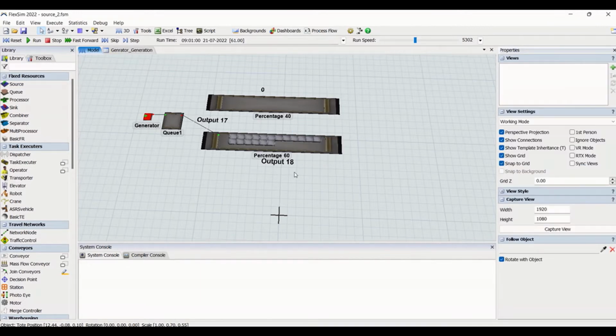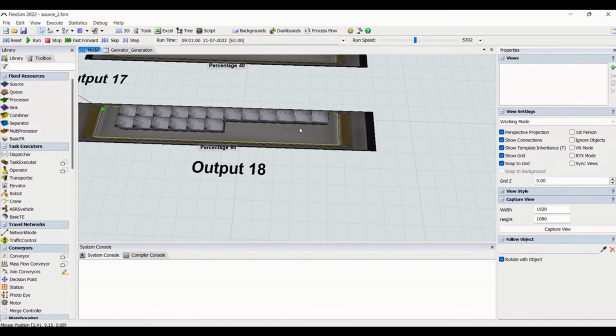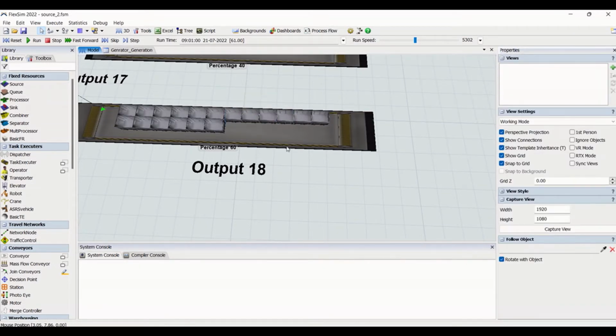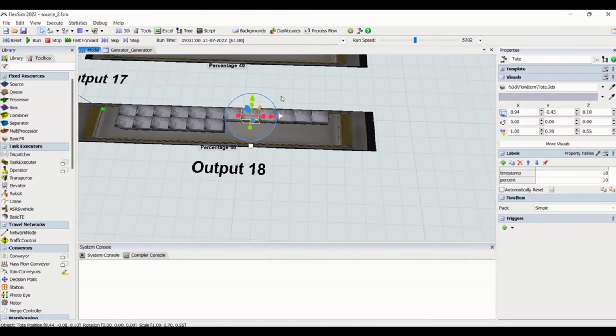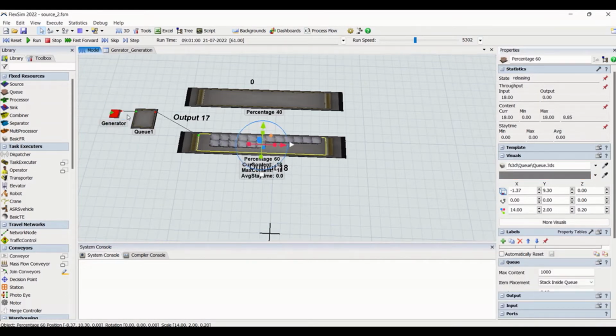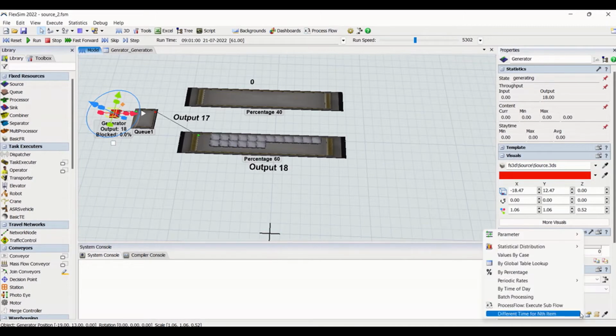So this is the timestamp of the first item, second, third, fourth and fifth. So if you see, the timestamp is 18. For the fourth it's 8. So you can see that the difference of the cycle time is 10 minutes. So the fifth is produced after 10 minutes when the fourth item is done. So this is that rule, different time for nth item. This way we have completed all the rules in the inter-arrival time,